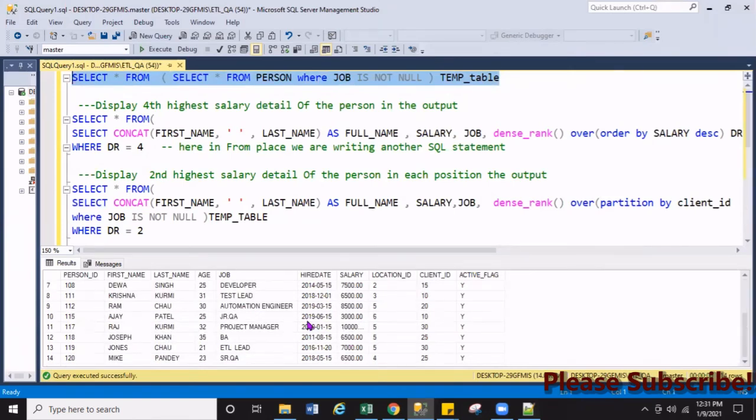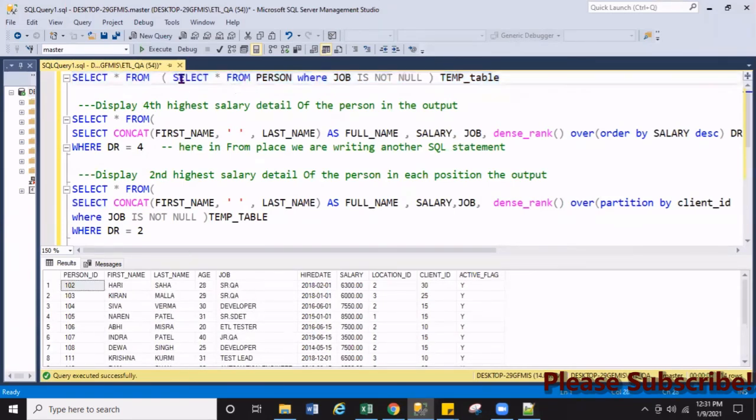That means first it will run this query, and when it runs, the result itself becomes a temp table. That means instead of the table after from, we are making a temp table. But how does the temp table become? The temp table becomes from this.